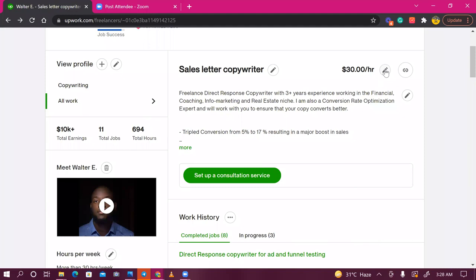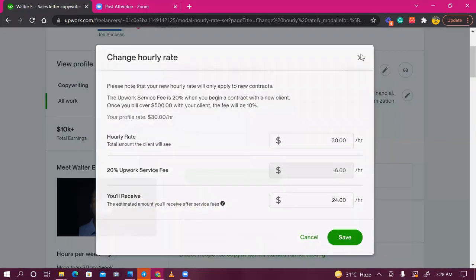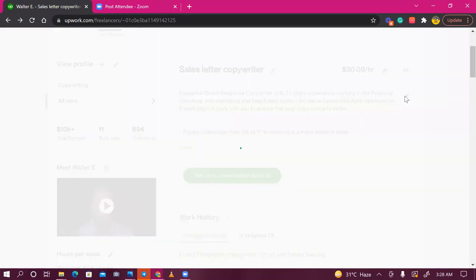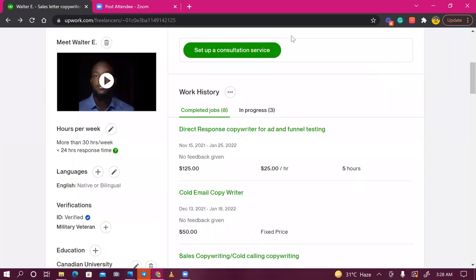You can come here if you want to edit your hourly settings. You can also edit it from the other place I showed you. You can do this on your mobile phone too, guys. You can copy the link to your listing. You can edit your profile overview here. Okay, you can set up a consultation service here. I don't know if this is only available to me, but I believe it should be available to everyone now. So you can see my work